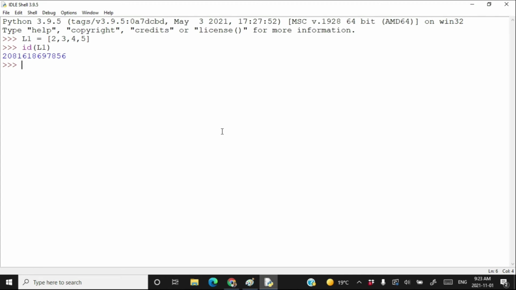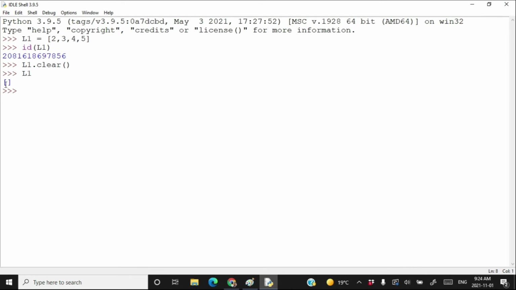This is the ID of L1, the address where the object L1 exists. Now let's call L1.clear. Now the list L1 becomes empty, meaning all the elements from the list L1 got erased.